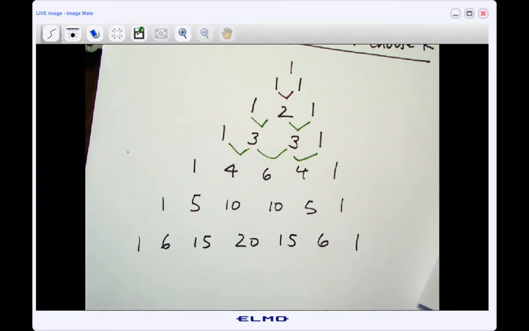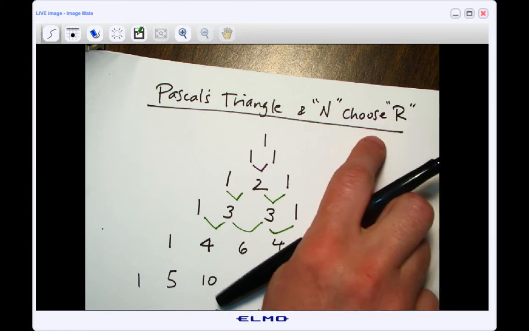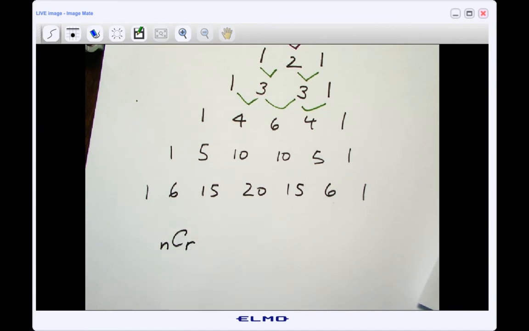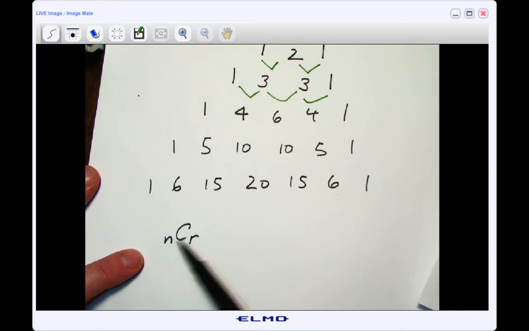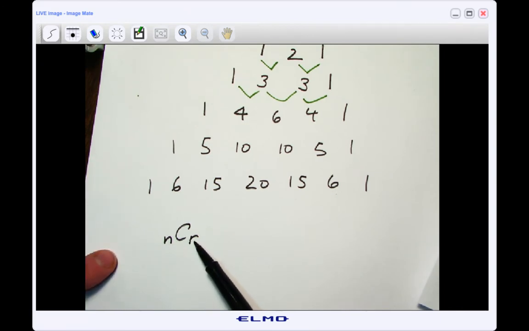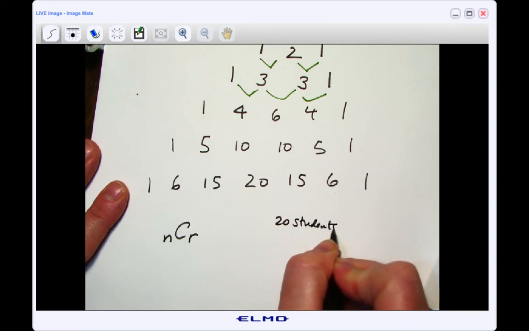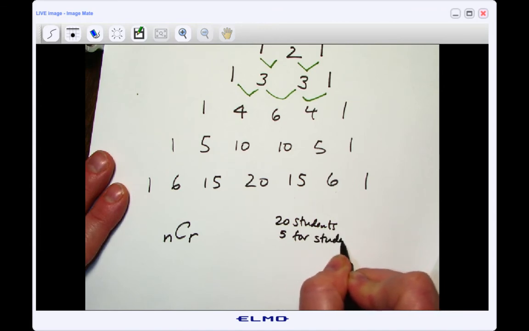So another way to find these numbers on Pascal's triangle is to do something called n choose r. Now again, if you're talking about probability and you've seen this before, it looks like this. It's called n choose r. And what it means is if you have a certain number of things and you're going to choose a certain number out of that bunch, how many ways is there to make that happen? So for instance, if I have 20 students and I want to pick 5 for, I don't know, student of the month,